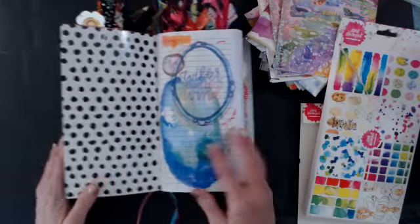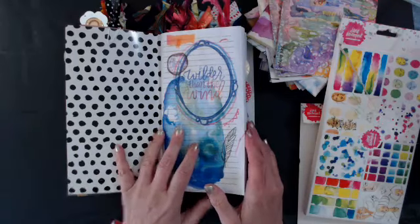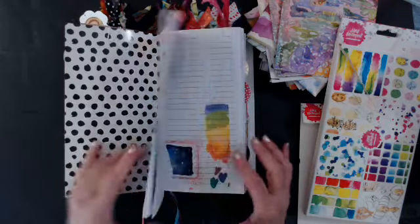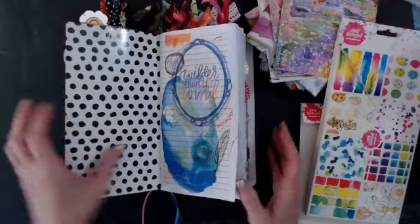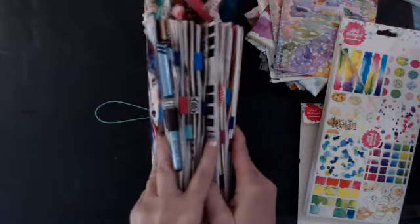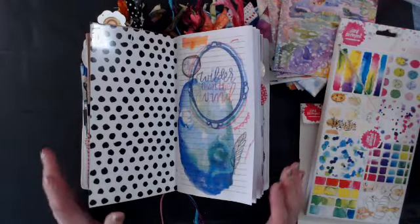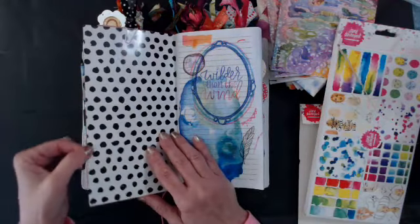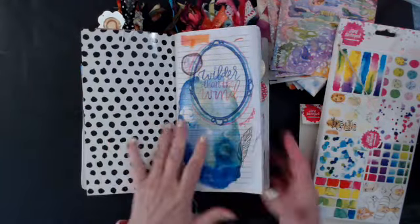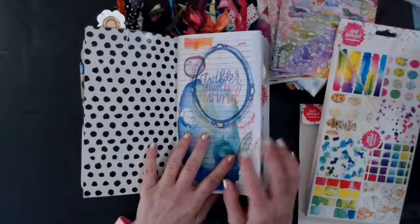No, I've made some of the signatures myself, Eileen, and some of them are bought. This is a bought one. This is one of the Illustrated Faith ones. I got them at Hobby Lobby, and I liked it. It was just a little big, a little bigger than the other ones, but I didn't care. I'm not that picky. If I was that picky, I'd trim this down just a quarter of an inch off, right? And then some of them are the brown ones,